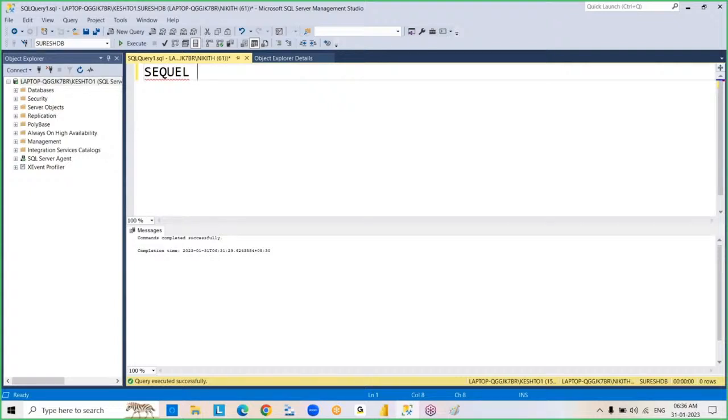So in the same way, this language SQL contains some sublanguages. DDL, data definition language. DML, data manipulation language. DRL, data retrieval language. TCL, transaction control language. And DCL, data control language. See, your important thing is